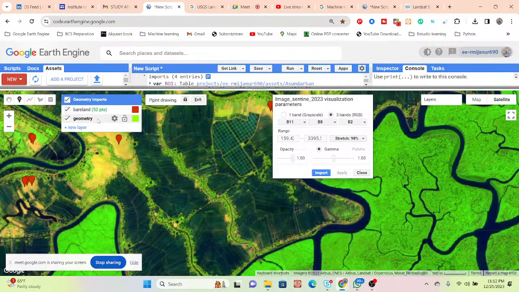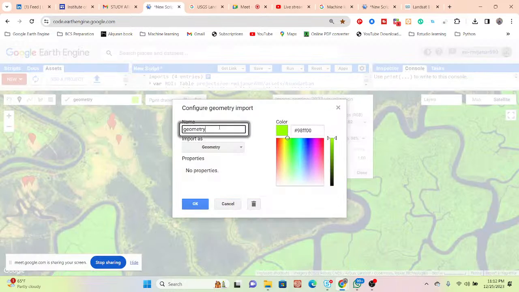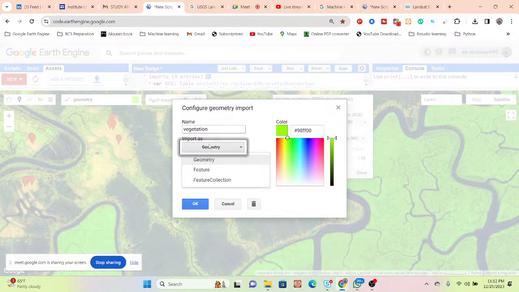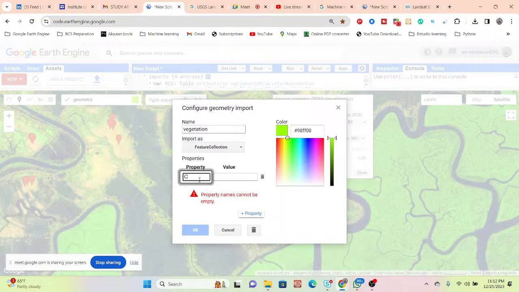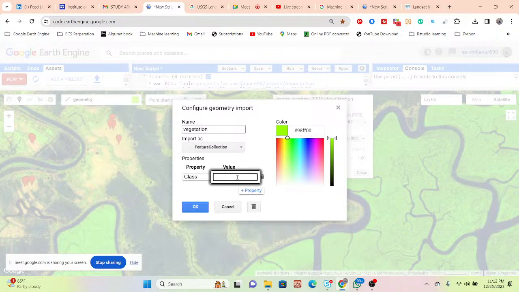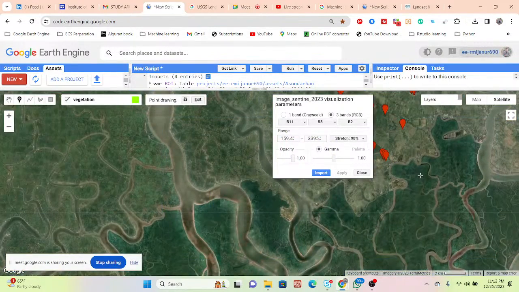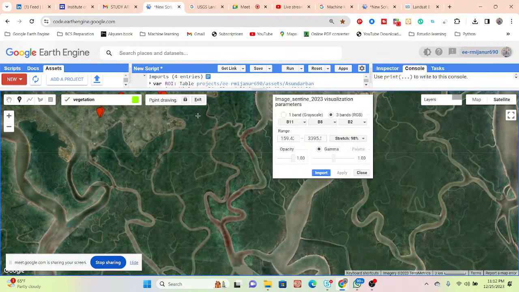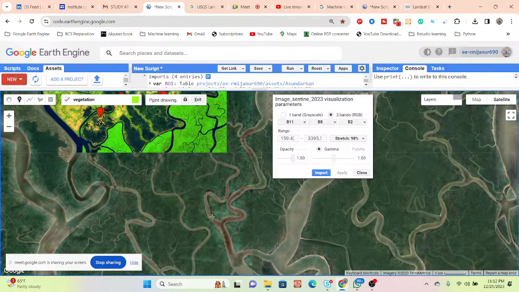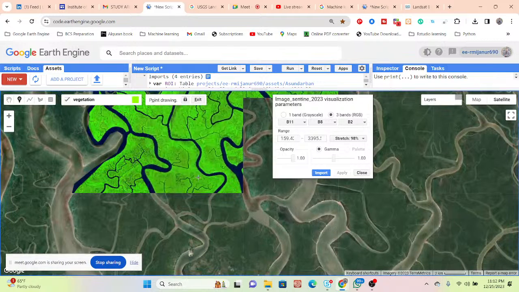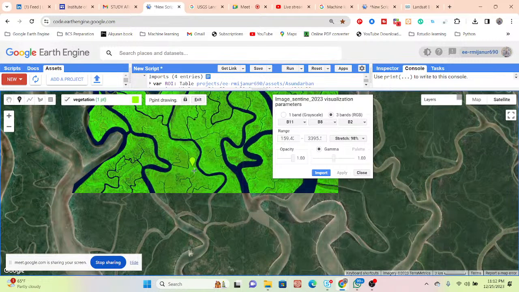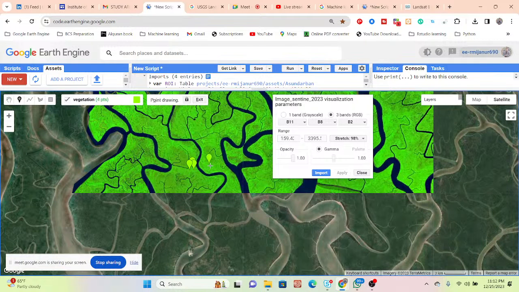So it's also very easy. Just simply click on here and then put here the vegetation. In this vegetation we include all of those vegetation, also mangrove. So just click on here, feature collection, and then set the property name as class, and set the value in this time to 1 for the vegetation. Now you just simply take this training sample from here. From the mangrove we just take the green pixel value; this type of green pixel identifies the vegetation.